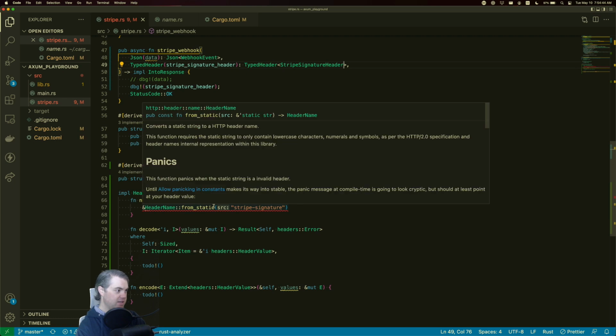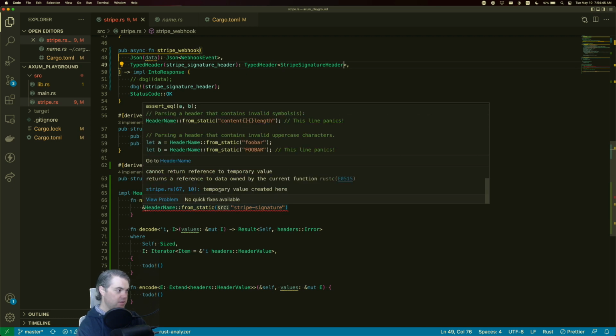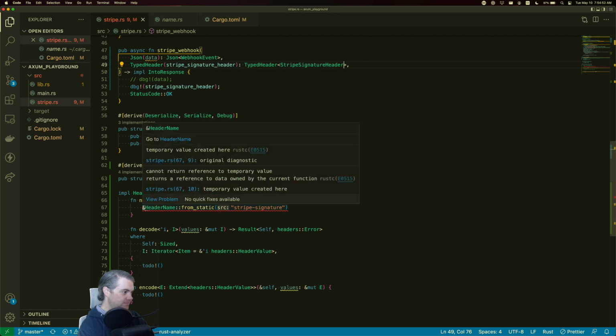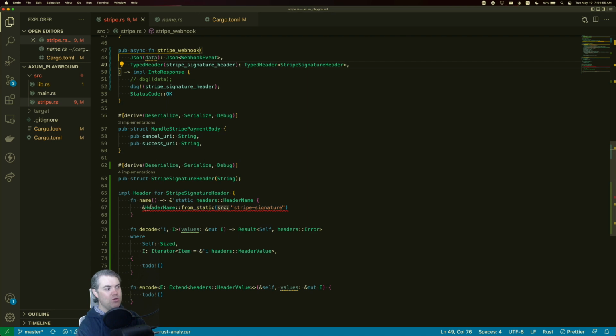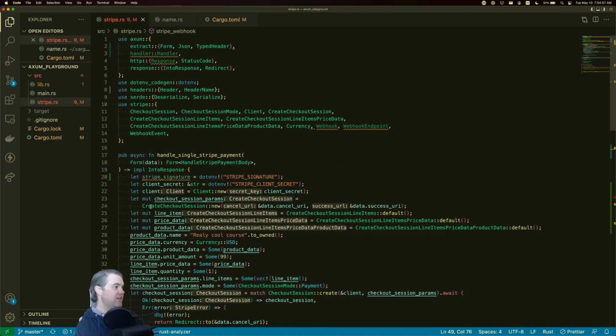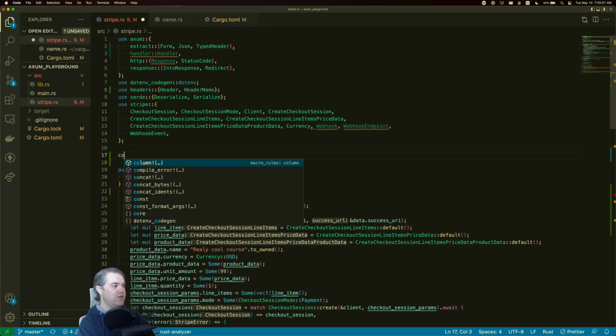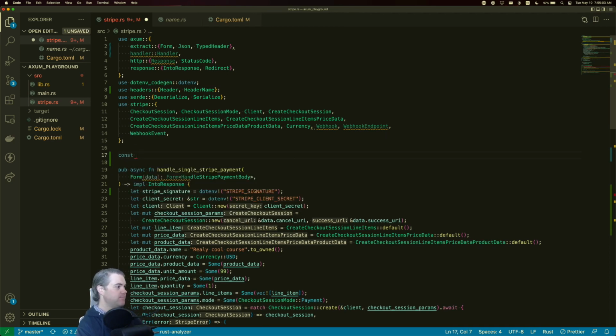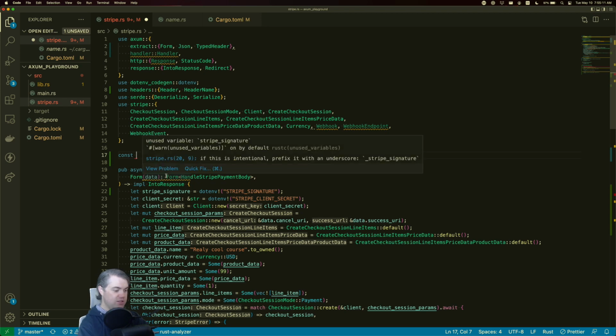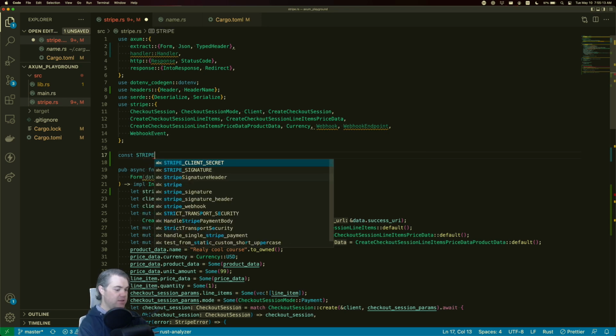Oh, back to this again. Cannot return reference. Gee, I wonder why. Okay, so this is why it needs to be in a const. So we're going to do a const. Can I do this in a const? This would be a stripe